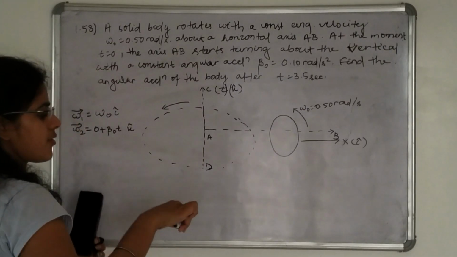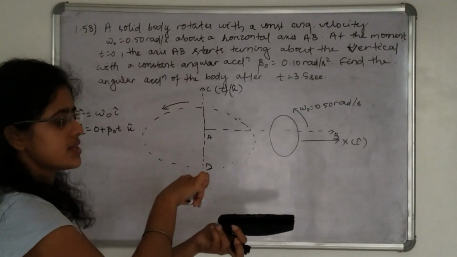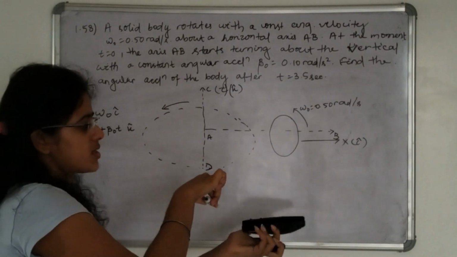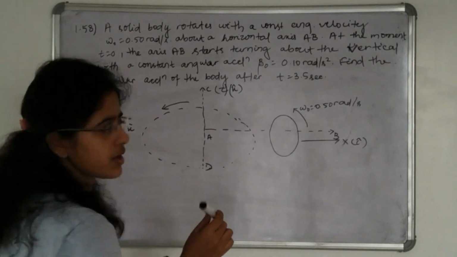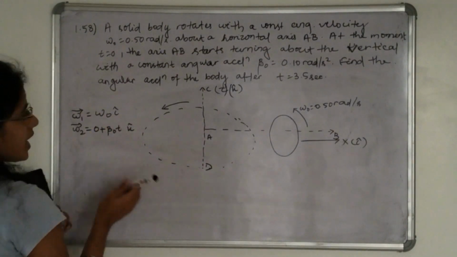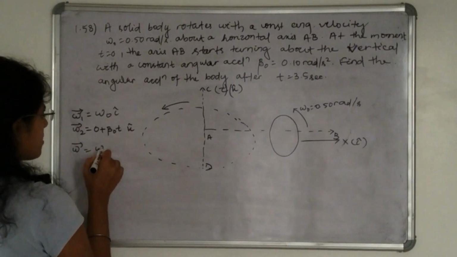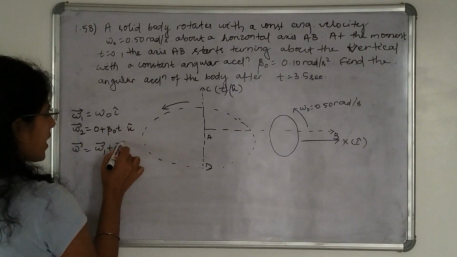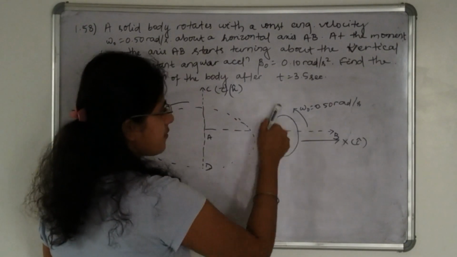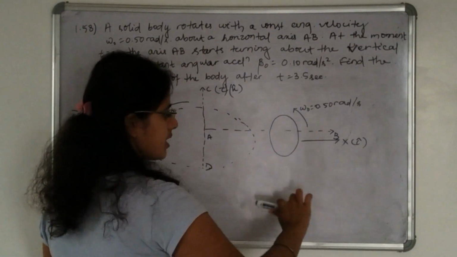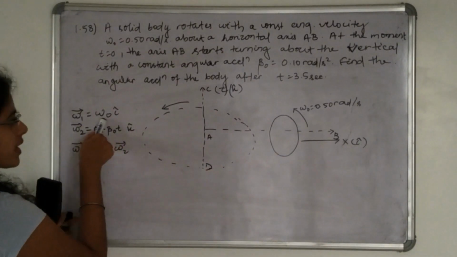Okay. So y axis is towards the board and x axis is in this direction, and this is rotating about the vertical axis. So according to the previous question, the angular velocity is how much? Omega 1 vector plus omega 2 vector. Because if you consider the first case, that is it is rotating along x axis direction, so this is how much? Omega naught I cap.